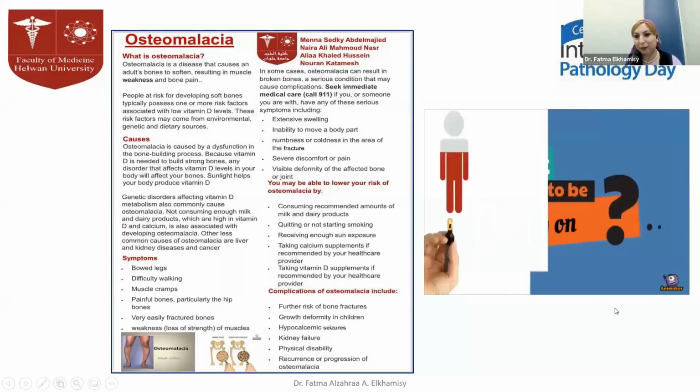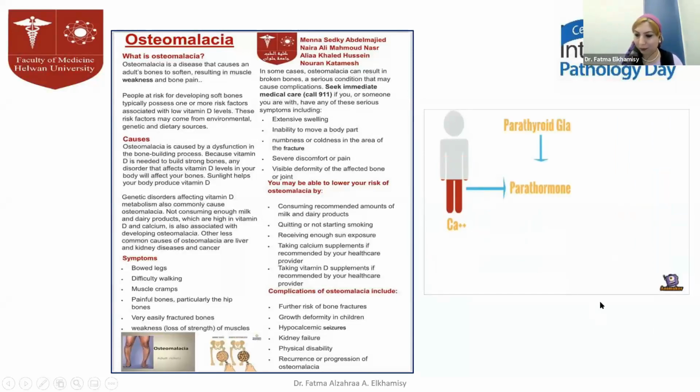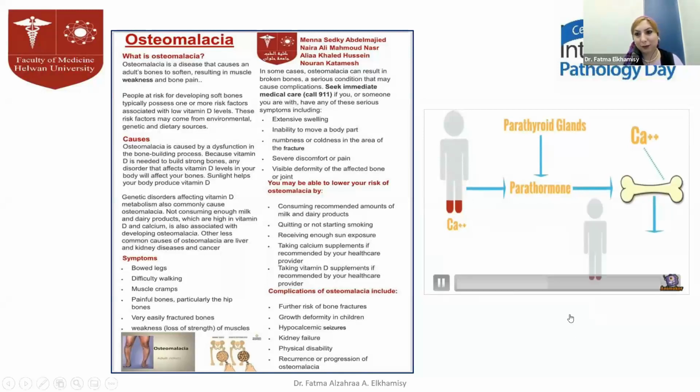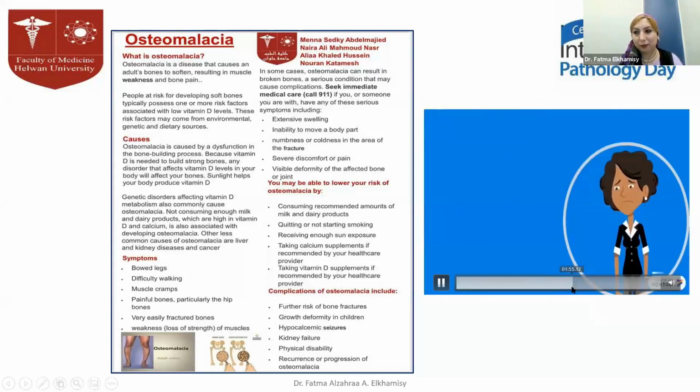Calcium concentration in blood serum decreases, stimulating the parathyroid glands to secrete parathormone, which liberates calcium from bones, resulting in soft bones. Or, if calcium is there but vitamin D